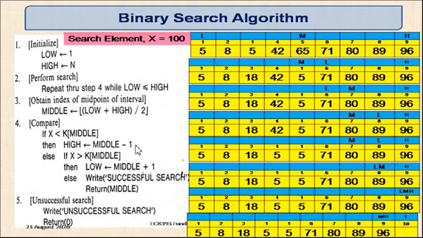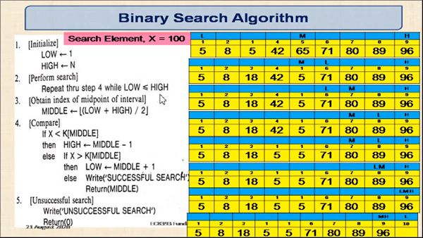And it compares. 100 is compared with the value 80. Condition fails. So it will go to the else case. 100 is greater than the middle value 80. Yes, 100 is greater than 80. That means in the right hand side only the value is available. So the pointer L is again adjusted. Low is equal to middle plus 1. So the pointer L is adjusted from 6 to 8. Okay, it continues.